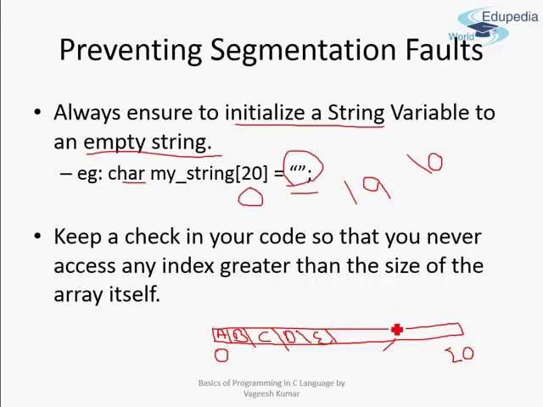Now if we have not initialized this string to null, what will happen is that this might contain some garbage, because the C compiler does not initialize your memory locations to 0 by default in all cases. So this might have some garbage values over here. So it is possible that there is no null character over here, and your compiler, when accessing this string, will try to find a null character, and it might pass beyond this limit of 20 characters and thus cause